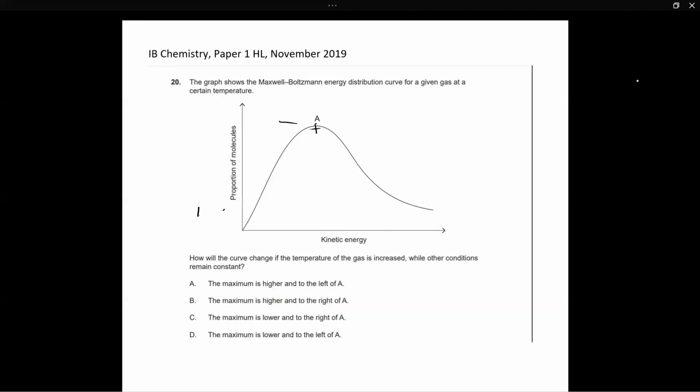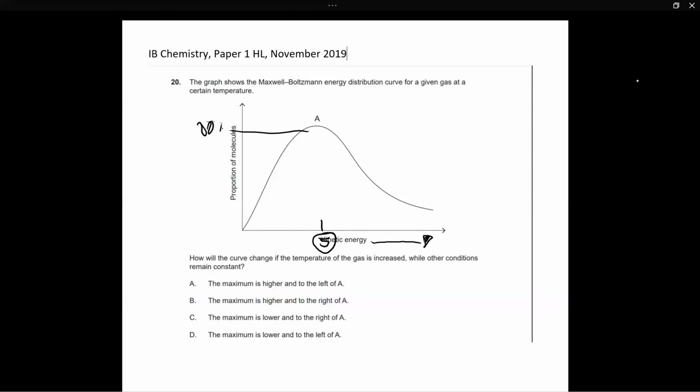How exactly is that going to affect the curve? Well, if we are seeing a trend where the molecules are increasing in kinetic energy and they're moving towards the more extreme side, towards the right, as a result of the increased temperature, this A, for example, at kinetic energy 5, where 80% of the molecules used to have 5, this is not going to be true anymore. This thing is actually going to shrink, because now the number of molecules with a kinetic energy